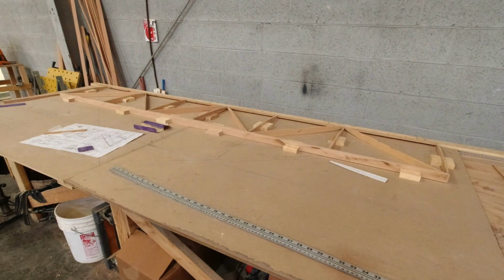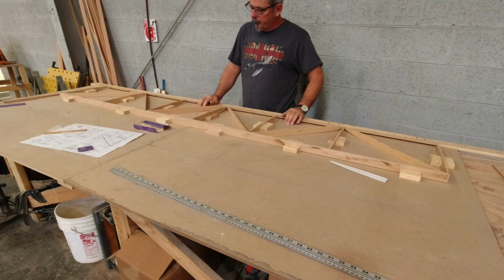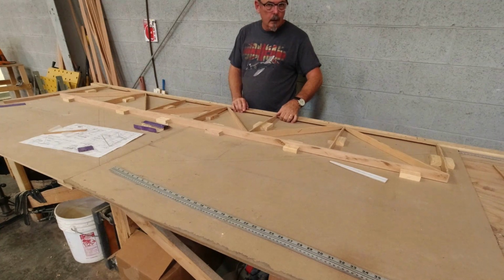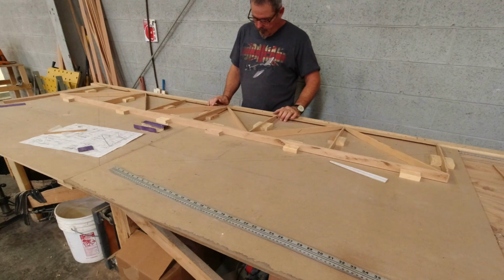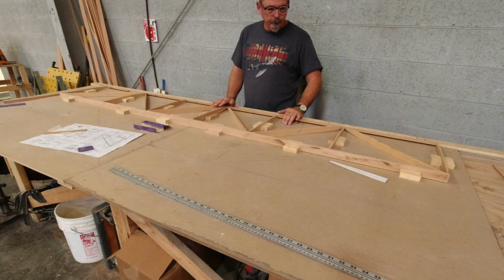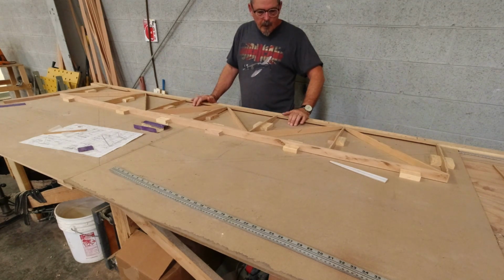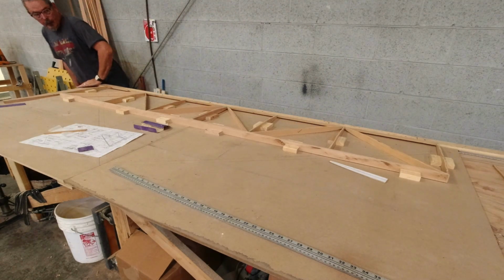And probably what I'll have to do on this one is end up putting the gussets on the top surface, and then I'm going to have to come back and flip it over. Probably just flip it over that way, and I'll go ahead and put the trailing edge gussets on. And then, because they're raised up in the air here, they don't really affect anything. And then I'll put the whole thing back in the blocks and just weigh it down at that point, while the epoxy cures. And then at the same time,